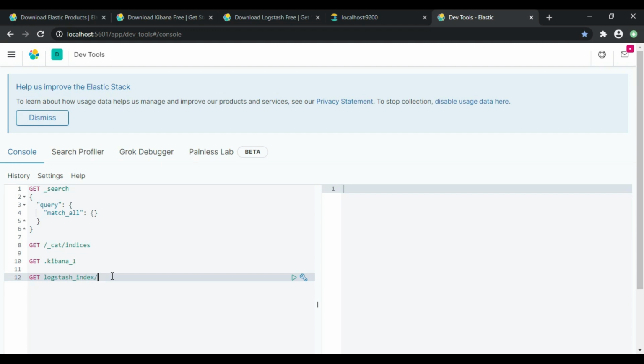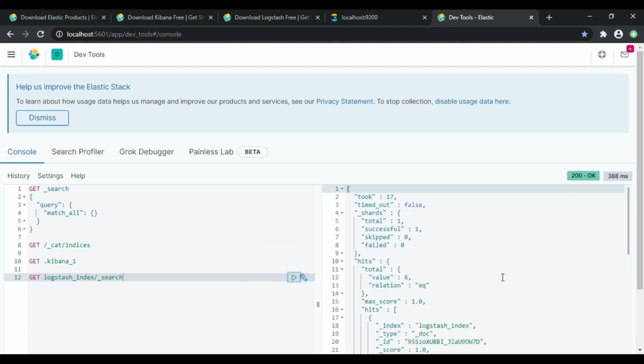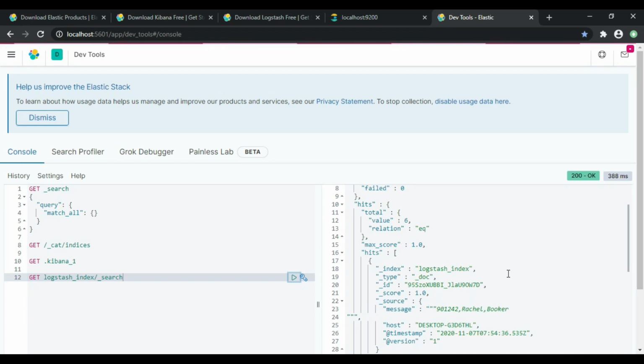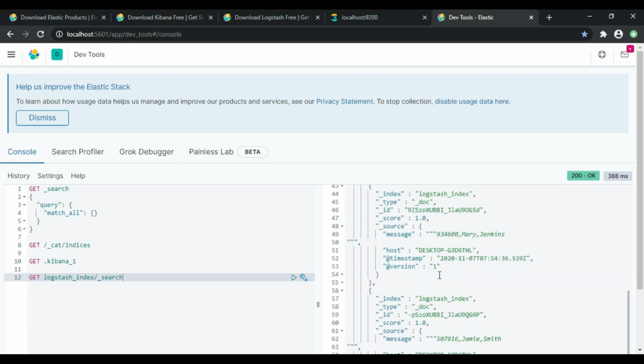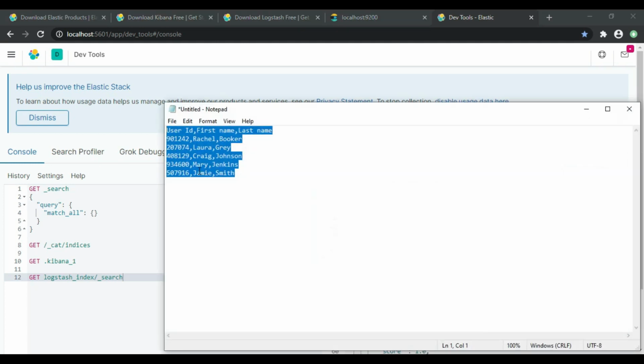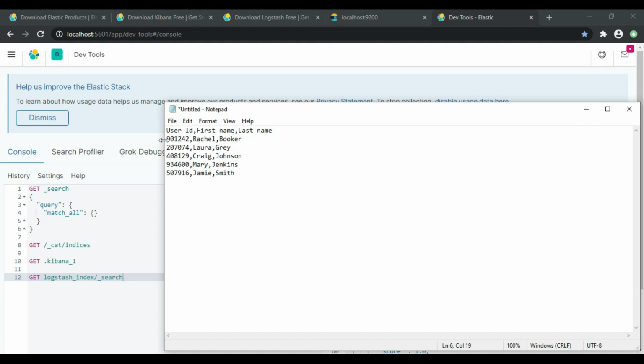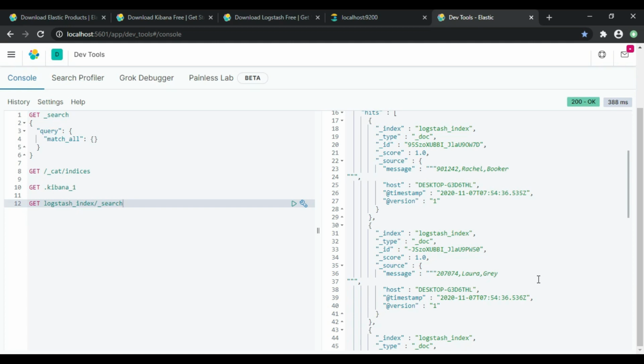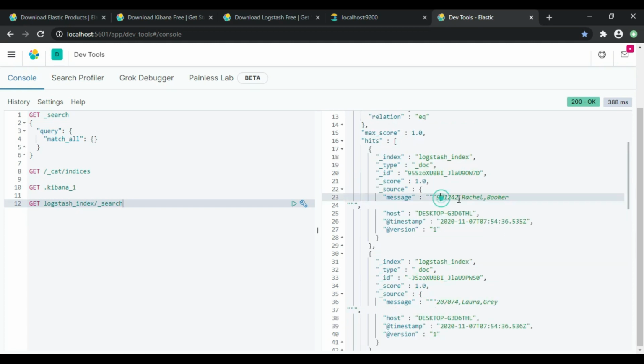Okay, let's say search. Yeah, you can see a total of 6 values are there. Inside this message you can see the data. Suppose this first record, Rachel Booker, Laura Gray. Inside this message, Rachel Booker is present, and Laura Gray is also present with this user ID.